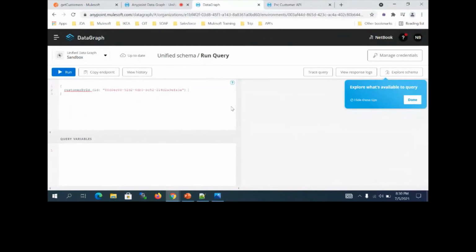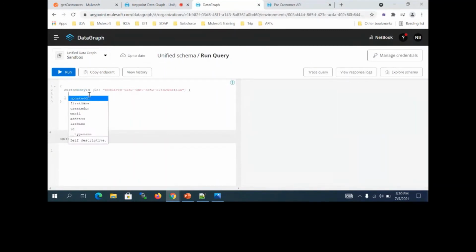Now I don't need to access all the data from the customer API. Now I want to access certain data. Those certain data, when I press control space, you can access with that. Now I want to access email ID. You can get it. You can see now the phone number is not showing over here. I made the phone visibility hidden. That is the reason the customer cannot access that element now. That's it. Now we can give these details and run it.